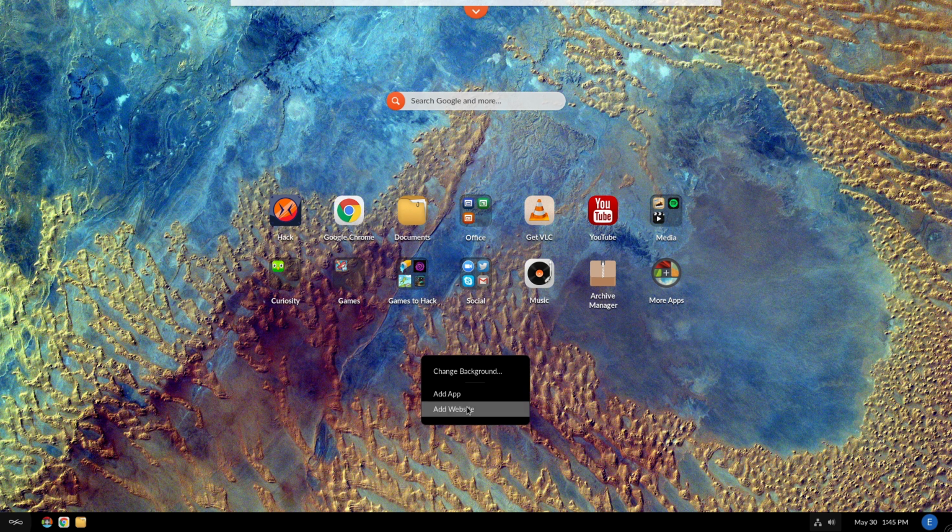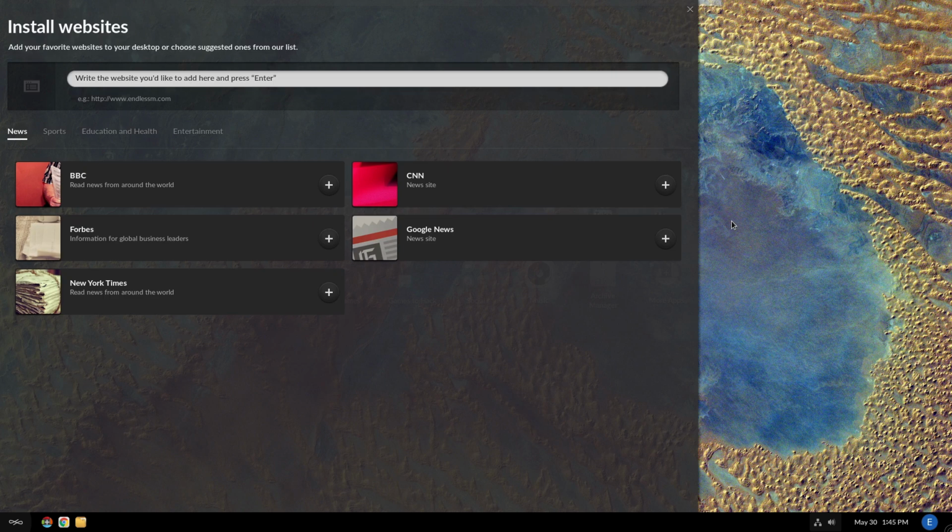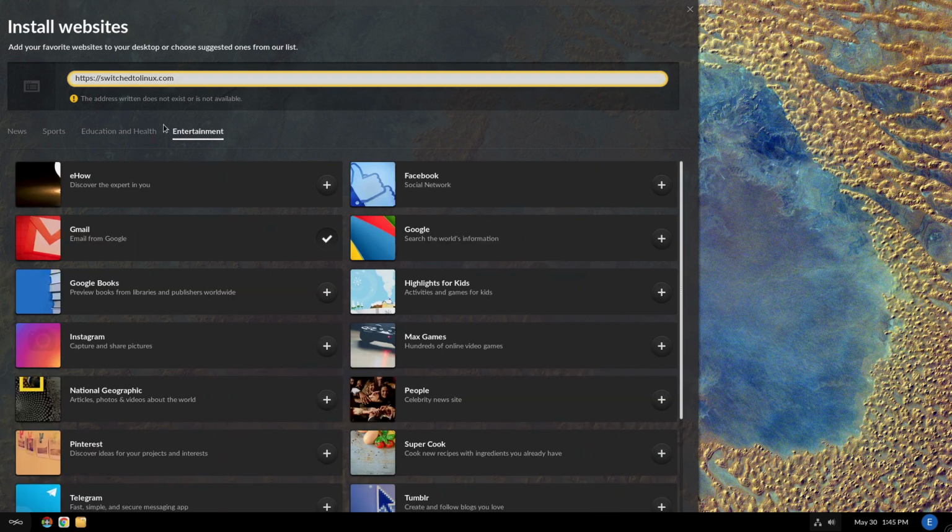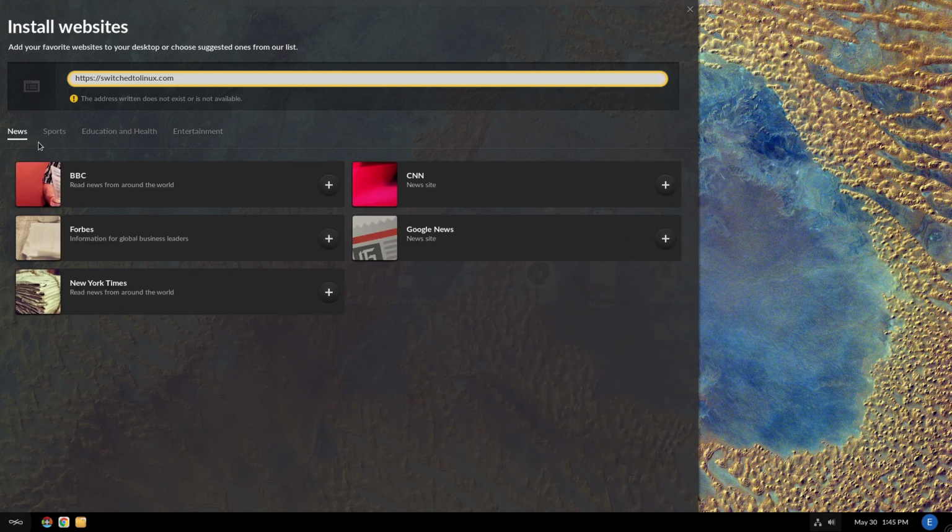Now, we have a serious limitation when it comes to adding websites, because the number of websites that they give us is actually very limited. It says here, write the website you'd like to add. Well, if I want to add any old website, and this is very significant because if I wanted to use this in an education type environment, which is exactly what their target market is, nearly every school type system nowadays is going to have their own online learning platform, and they would absolutely love to add this to their desktop. It actually says it doesn't exist or is not available. Well, it turns out that the only things that exist or are available are the few items that they give us here. So if it's not listed as one of these websites, you can't install it.